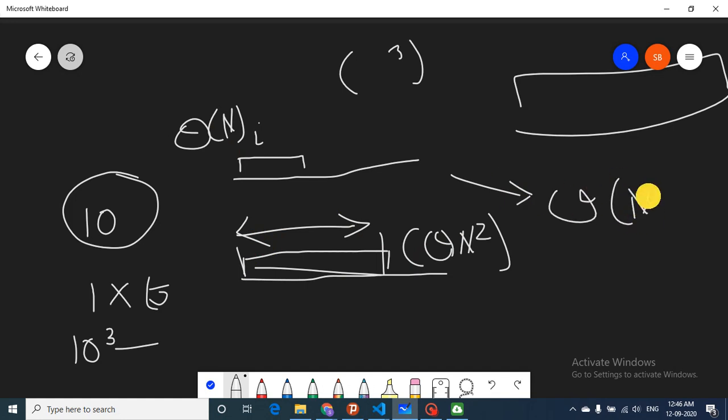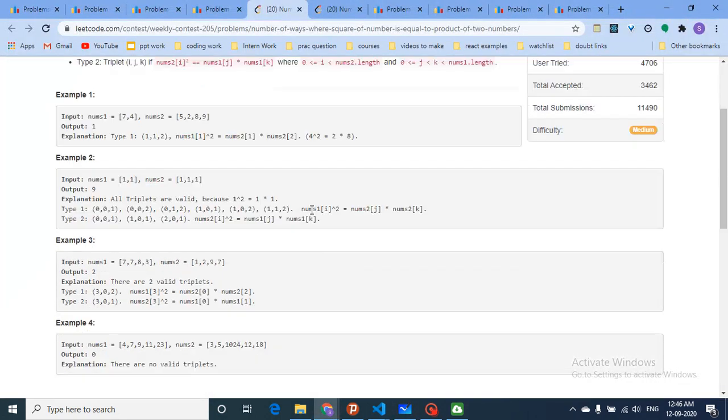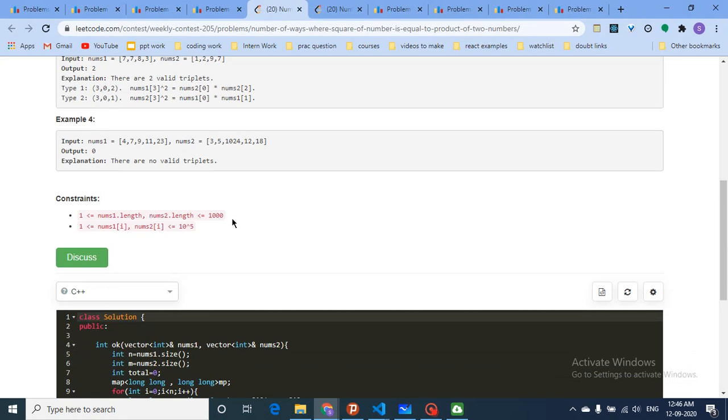When you read this question you think that okay, it's just a brute force O of n cube operation, but when you see the constraints you will see that they are up to 10 to the power 3, like 1000. I mean the length, not the value. You don't need to think about the value itself, because the value can be 10 to the power 9 also. I am telling you about the length, because you have to iterate over the length. It's up to 1000.